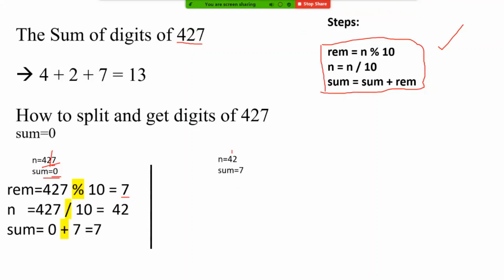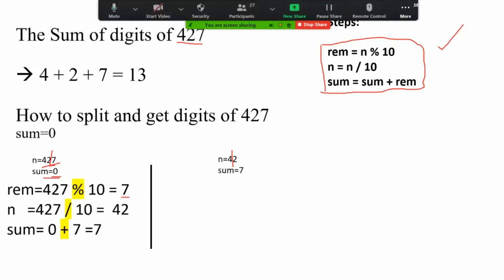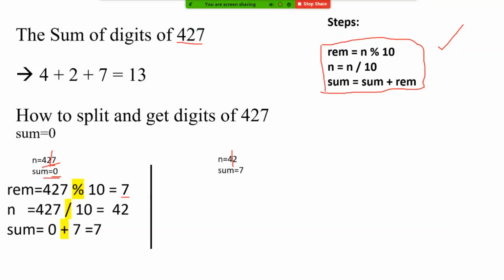I told you, when we find mod, you will be getting remainder equal to 2. Remainder will be 2. N equal to 4. Yeah, you just split off the last digit, then you will get the answer. So here remainder will be 2 and n will be 4.